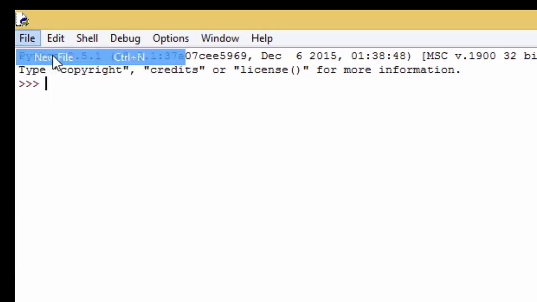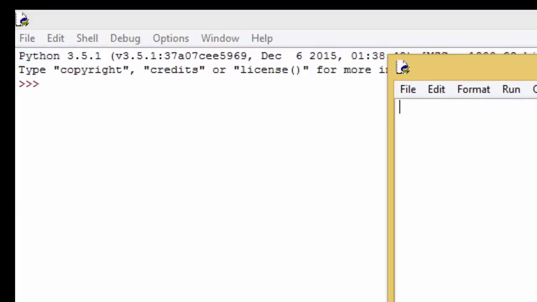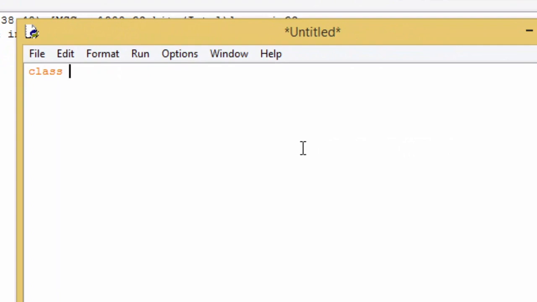So basically, open up a new file, and then I'm gonna create a new class. To create a new class, just write the keyword class and then write the class name. I'm gonna create a very simple one, so I'm just gonna keep it calculator. So you've got a class called calculator, and I'm gonna add a few methods for it. Writing a method inside the class is pretty much the same as how you create a function. So just write def and then the function name. I'm gonna create a function called add,